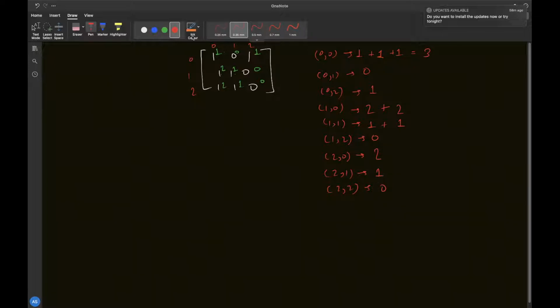So let's try to add all this. This is 3, 0, 3 plus 1, 4. This is 2 plus 2, 4. So 3, 1, 4 plus 4, 8. 8 plus 2, 10 plus 2, 12 plus 1, 13. So this is your answer. So this is actually the algorithm. So what are the steps of the algorithm? First you will find, if we have this one row only, how many rectangles we can form with every element at its top left.